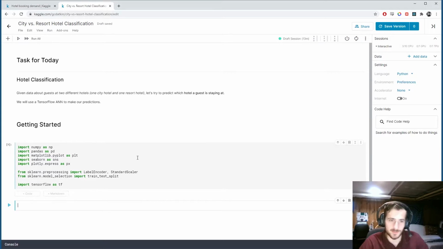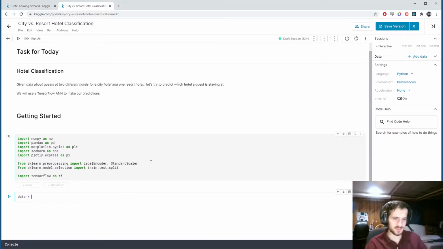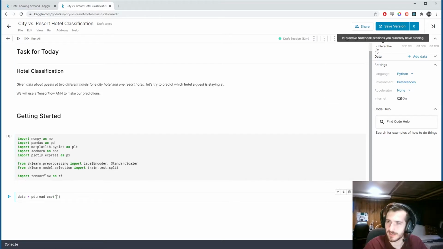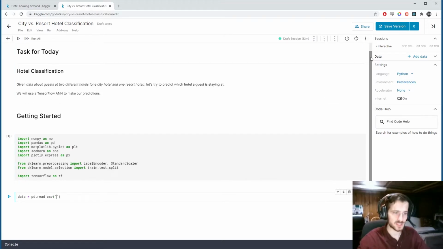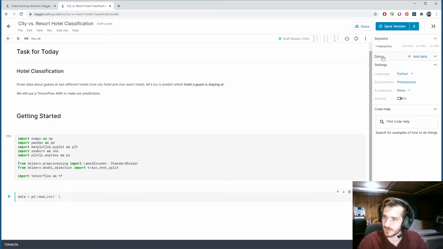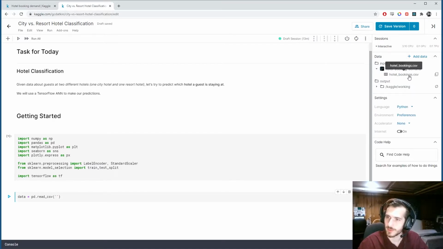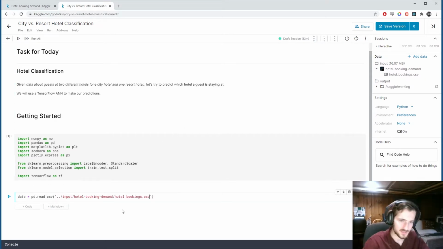So we can start by reading in our data. So we'll call it data, using the pandas read CSV function. And we'll take in a file path. We can actually get the data over here. And we can get this CSV file, the file path right here, copy file path, paste it in, and then